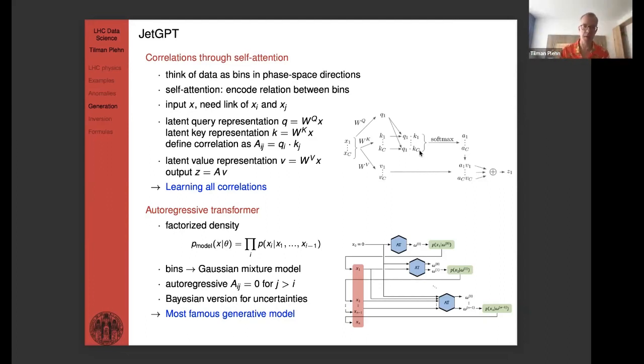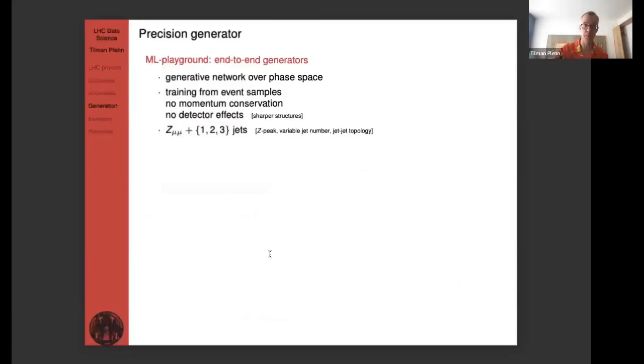And then strictly speaking, because we do this factorized density, information can only go one direction. You actually make the assumption that you first evaluate, as I said, the angle, and only then you evaluate the rapidity, which means the correlation can only go in one direction. So your A matrix that you use becomes 0 in one half, and then encodes the correlations only in one direction. And that's it. That's ChatGPT or JetGPT for you. But this is what these networks do. They learn all correlations, and then they sample from them in a conditional setup.